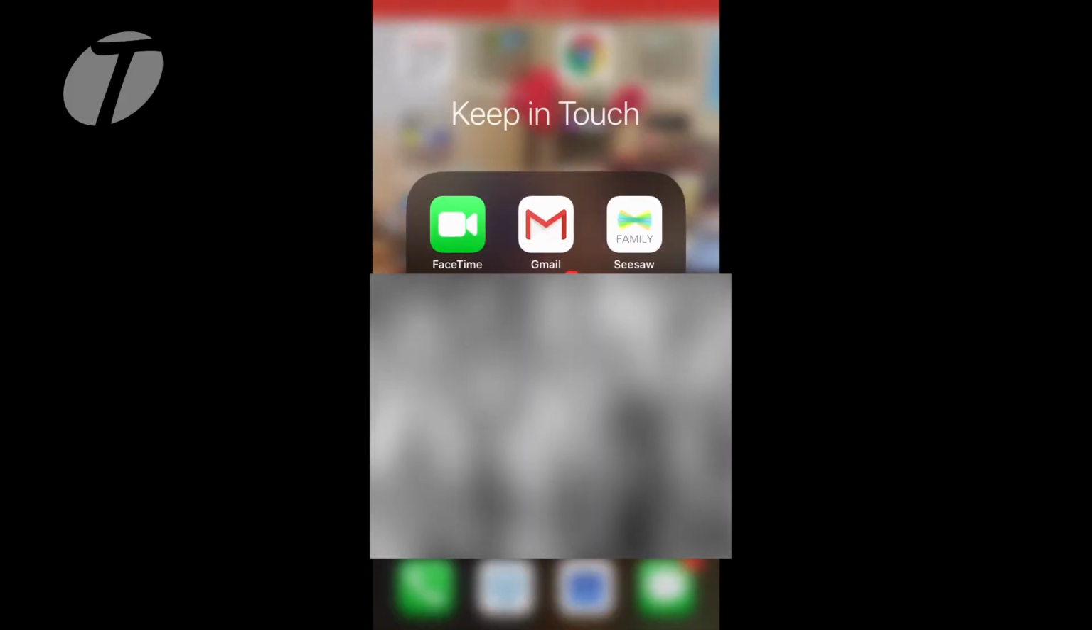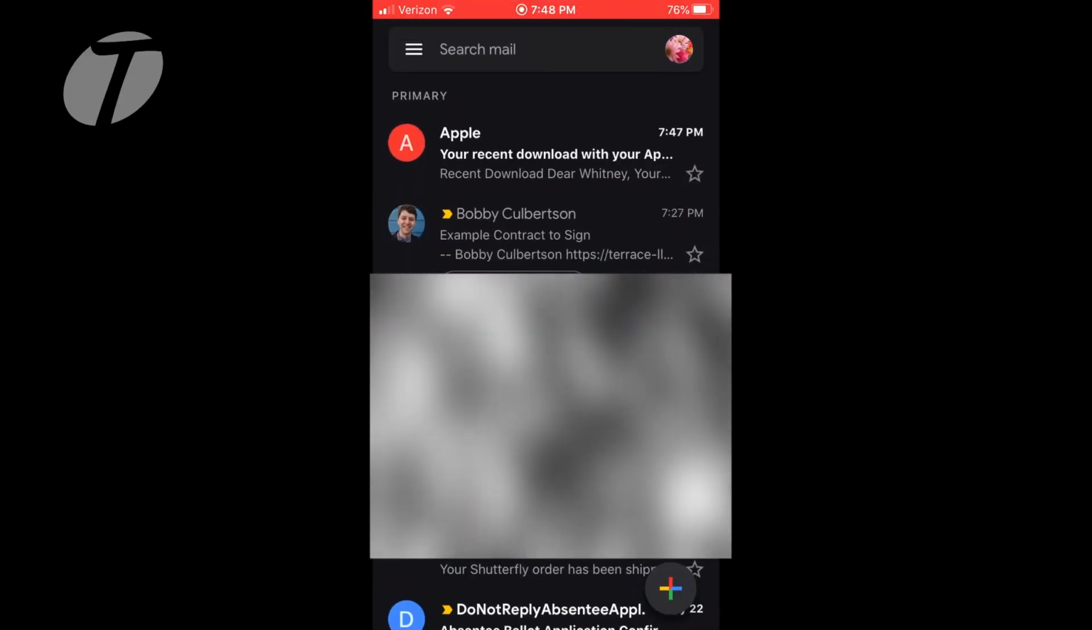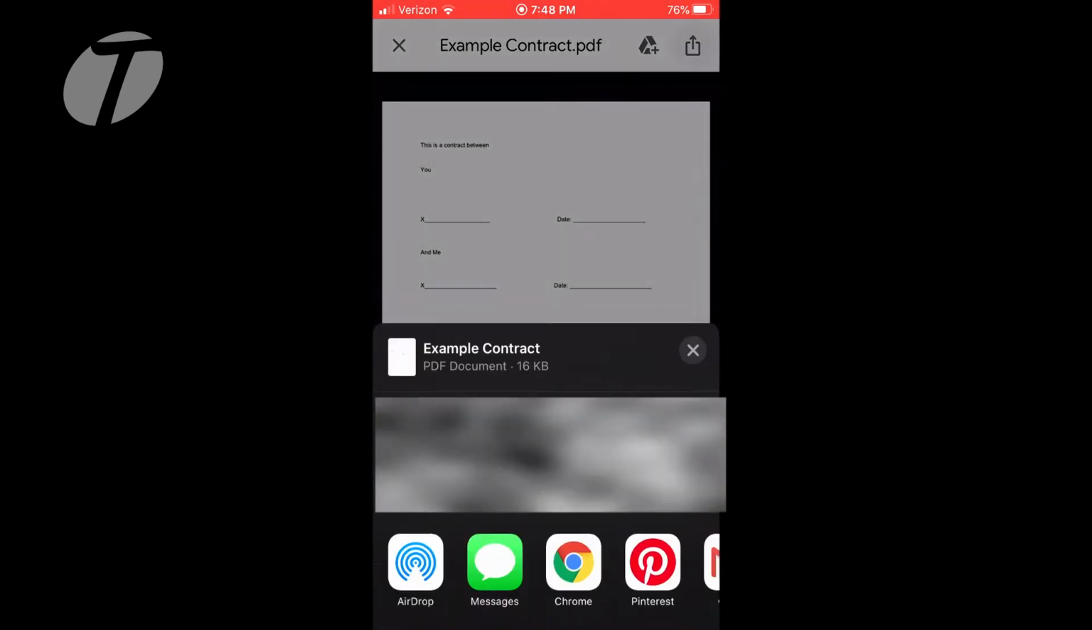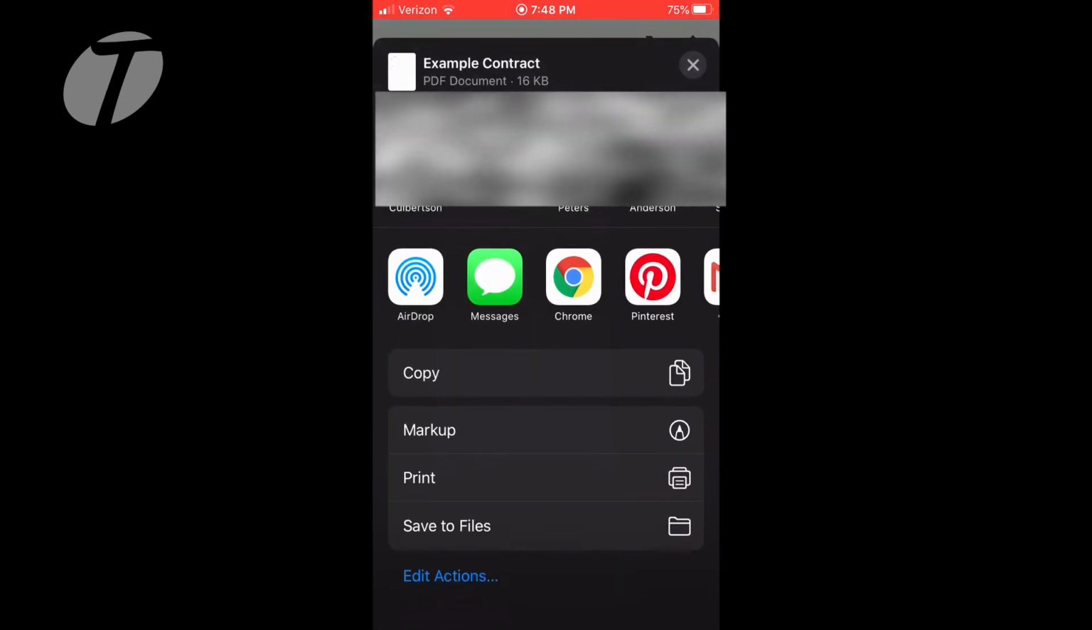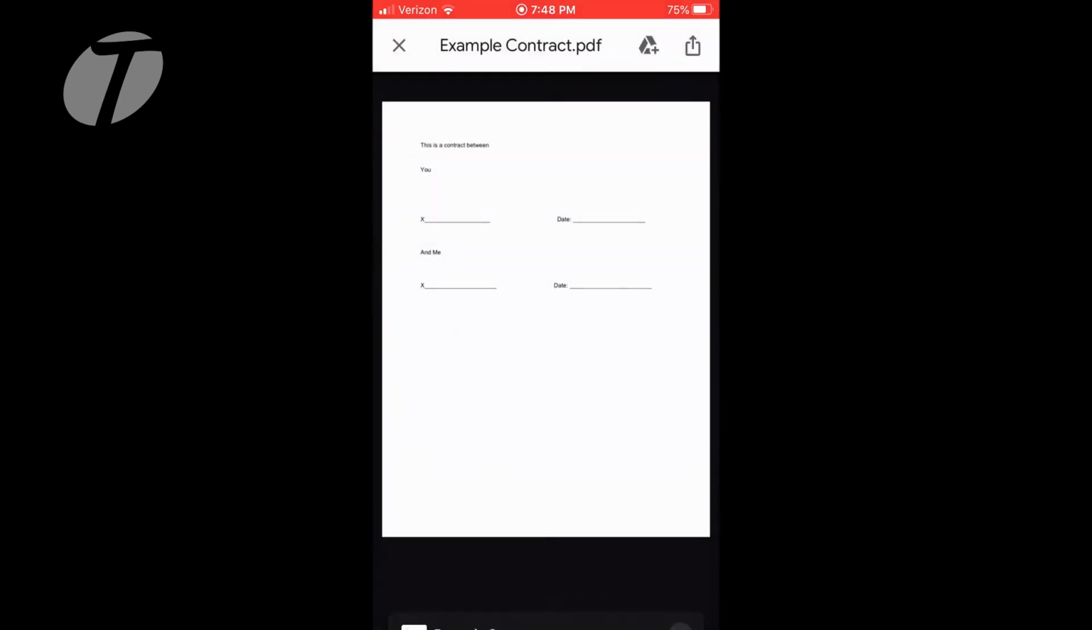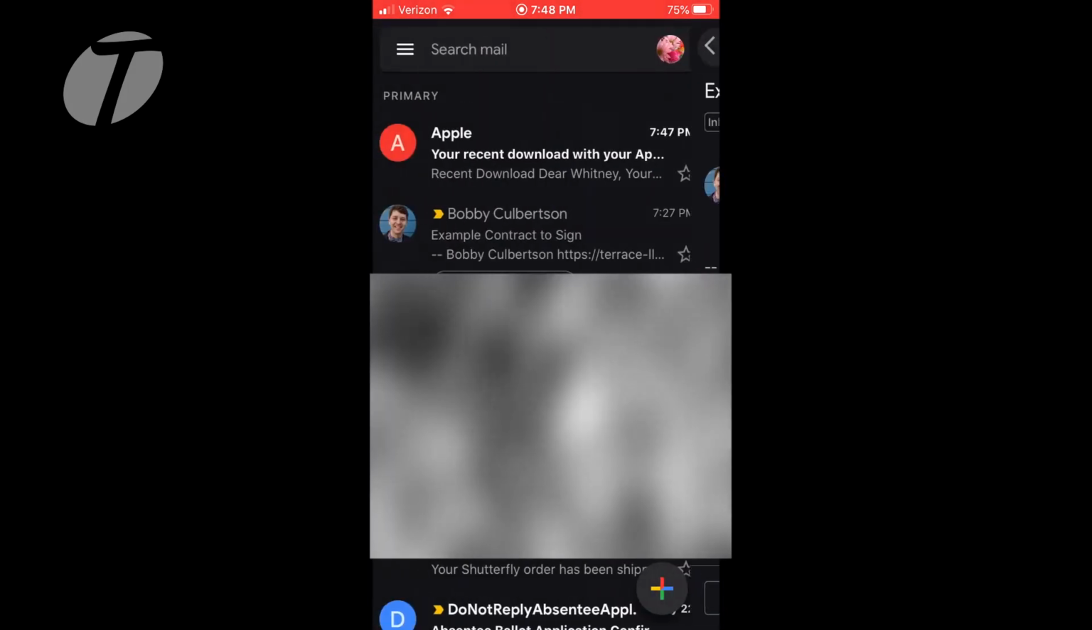So first you're going to open up your email client and open up the email, click on the email attachment, and in the upper right corner hit the send to, and you're going to scroll down and hit save to files, and you'll click on My iPhone and hit save, so it saves to your local iPhone directory. Then you'll exit out of your email app